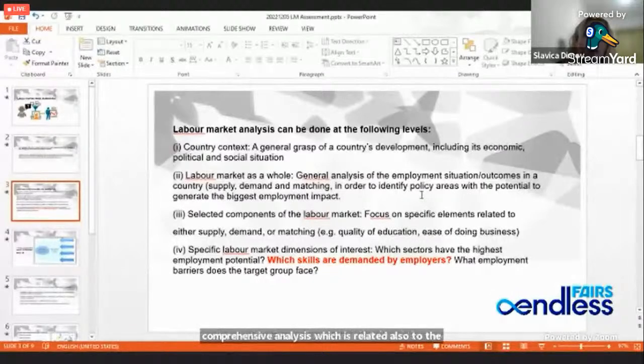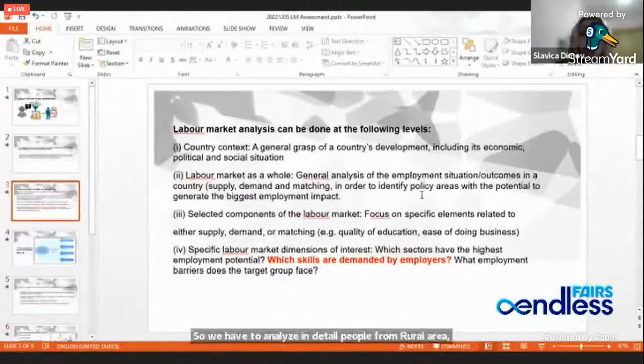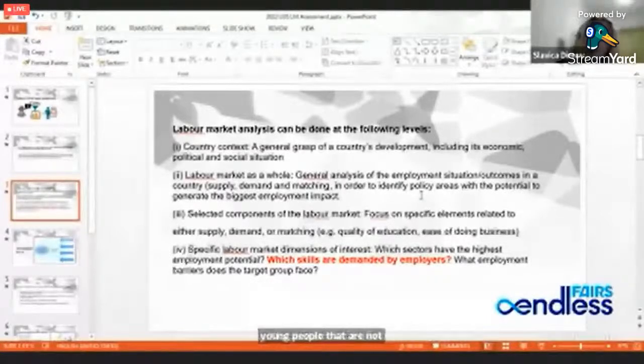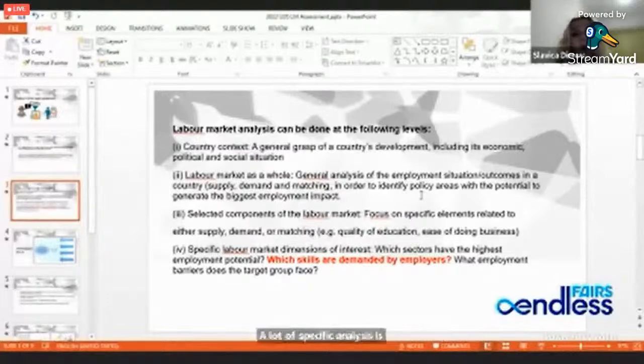So we have to analyze in detail people from rural area, for example, people that are disadvantaged on the labor market for any reason, like migrants, for example. Also the category of young people that are not included anymore in the education sector, but also they're not included in the labor market as well. This is a very specific group of people, and in recent years, a lot of specific analysis is done specifically for them. In that sense, they are all